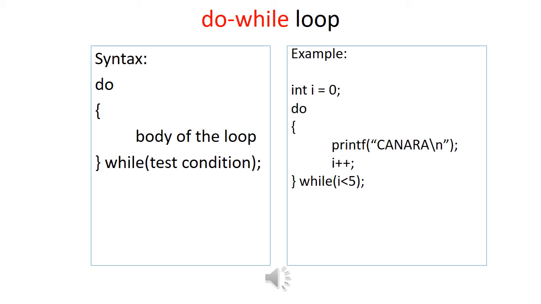Now the previous example itself I have modified here to use the do while construct. So again int I equal to 0 I have taken, again 5 times I want to print Canada. So obviously 5 times I am printing, so at least once surely it will be executed as such. So I have taken the do while loop here.